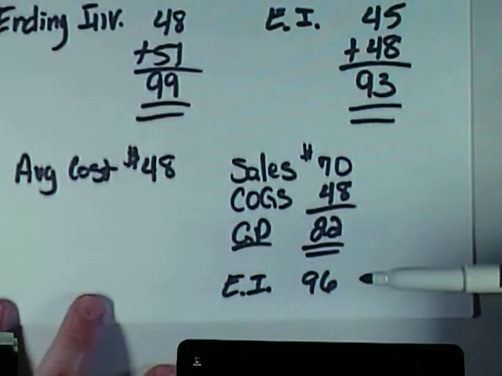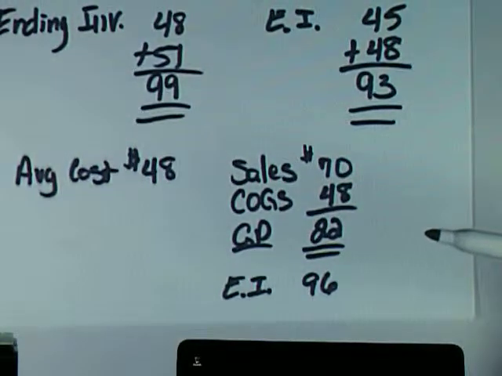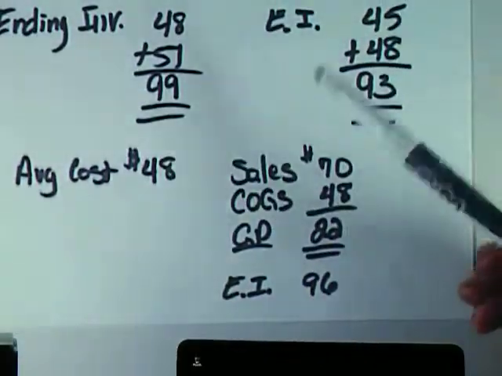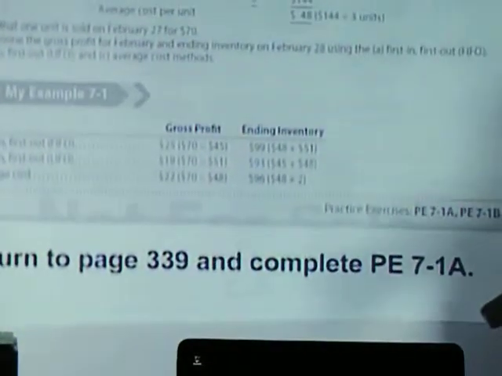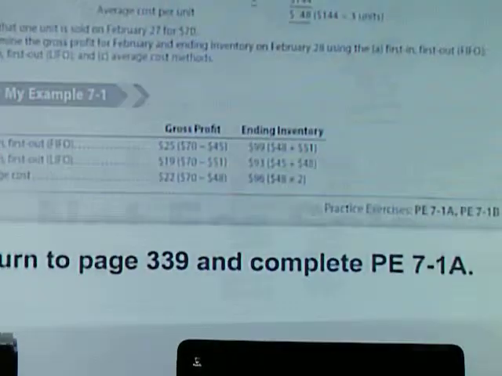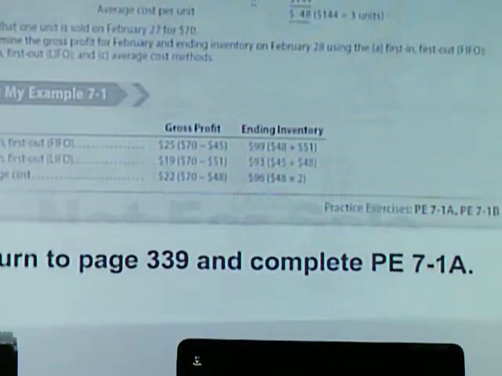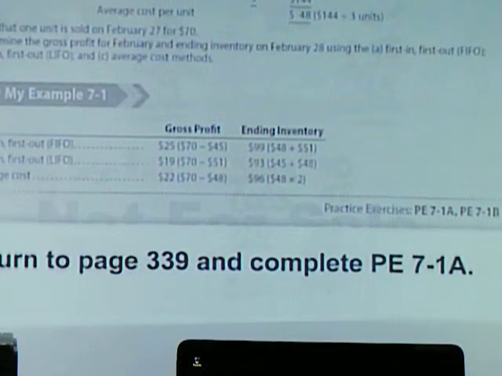But for specific FIFO versus LIFO, you need to actually break it down and do it separately on a separate sheet of paper. What I want you to do right now, as an example to yourself, is turn to page 339 and complete practice exercise 7-1A and check yourself with the solutions that are posted in Angel. Once you've completed that, I want you to pick back up and watch the next video that is specifically about FIFO under the perpetual